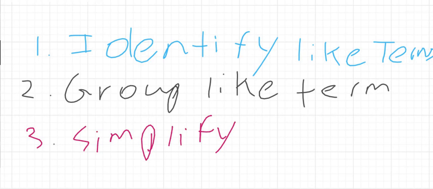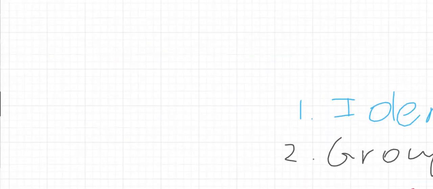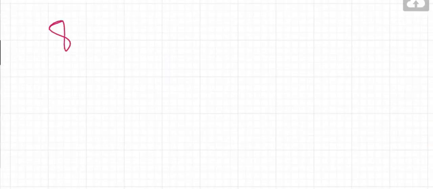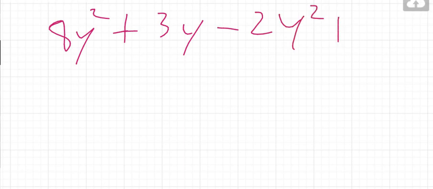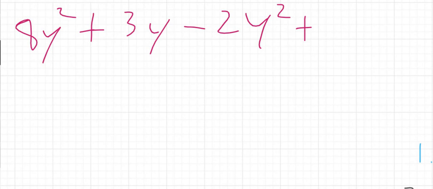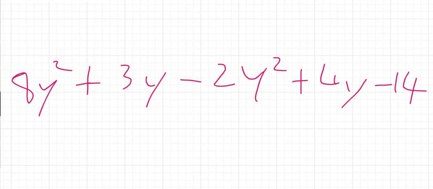Say I have 8y squared plus 3y minus 2y squared plus, let's say, 4y, minus 14. So if we say simplify this expression,